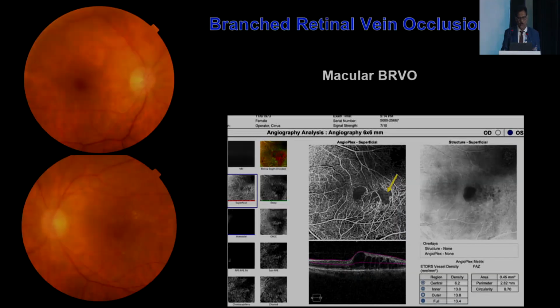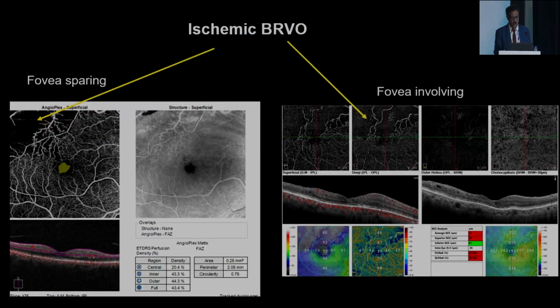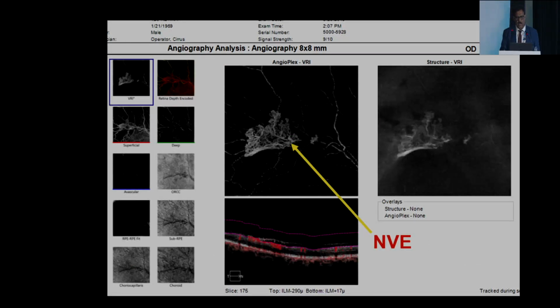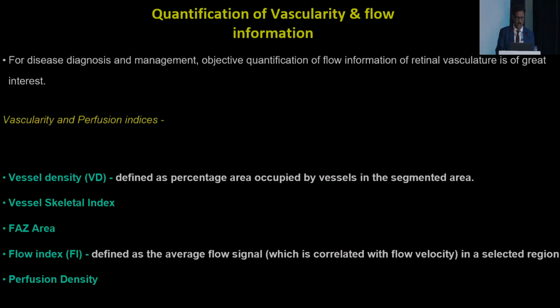Coming to BRVO, where OCT alone is not enough. If you do OCT angiography, you will see the perifoveal capillary dropout. So you have to be very careful giving anti-VEGF injection. Sometimes anti-VEGF injection may aggravate the macular ischemia. So this is another ischemic BRVO. You can see whether the fovea is spared or involved, and sometimes you can see the NVE picture. Now coming to the quantification of vascularity and flow information by multiple indices or parameters like